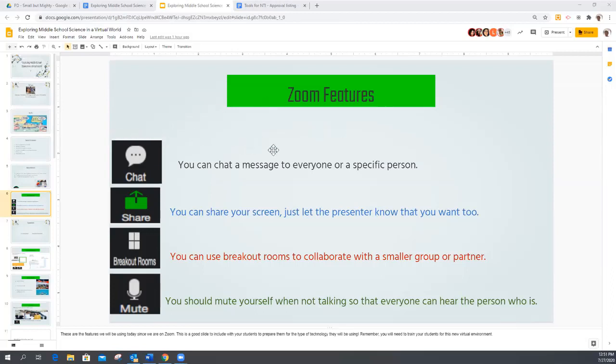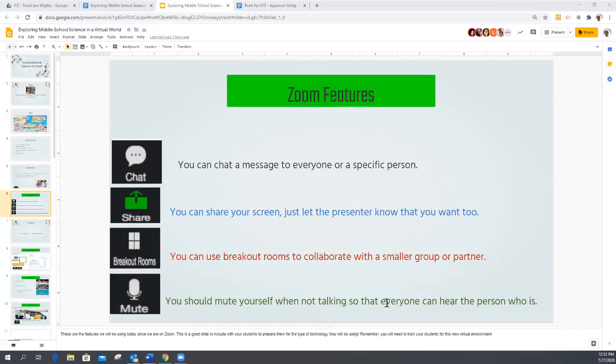And so, once again, I know a lot of you probably don't use Zoom. You maybe use Google Meet, but the features are kind of the same. So in what we're doing today, eventually we want it to be not just Michelle and I that are talking. We want you to be able to come on and chat, whether you do it by typing in or unmuting yourself and sharing in the participation. You can also share your screen if you have something that you would like to share for the greater good of the group. We will do breakout rooms. Once again, you can do breakout rooms with both Zoom and Google Meet, and so we'll try to model that today. And then you have probably potentially learned this the hard way with working with your classes.